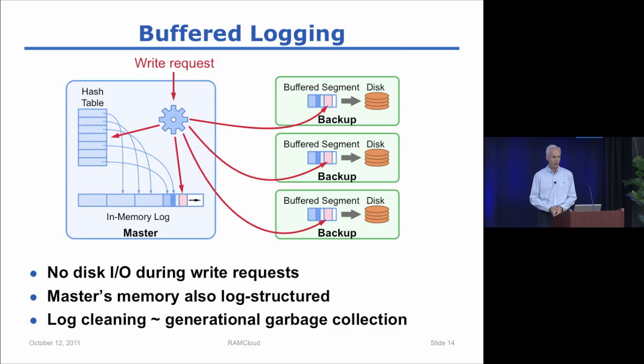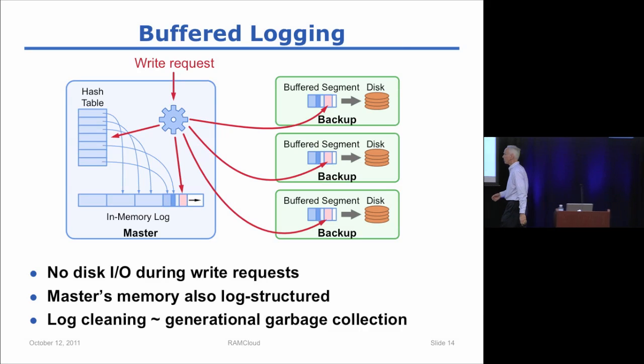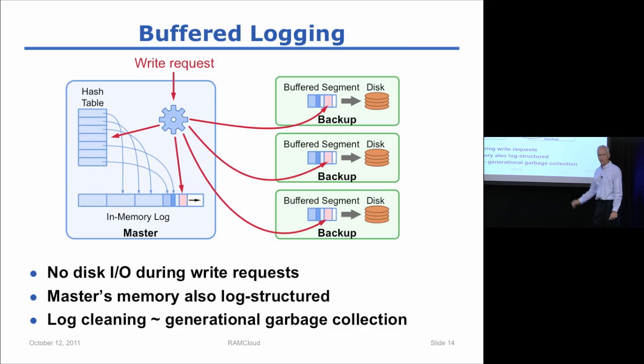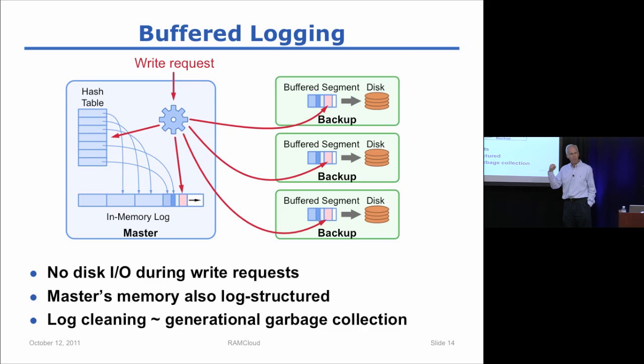First, let me address the synchronous I/O issue. What happens in RAMCloud when a write request arrives at a server, at a master, is that it makes a copy in its local memory. That's going to be the copy of record. And then it sends an operation log entry, the following object was written, to some number of backups. What the backups do is that they store that object information in memory and return immediately without writing anything to disk. Once the backups have all returned, then the master can return back to the client and say, we've got your data and we promise it's safe now. So the data isn't on disk yet.